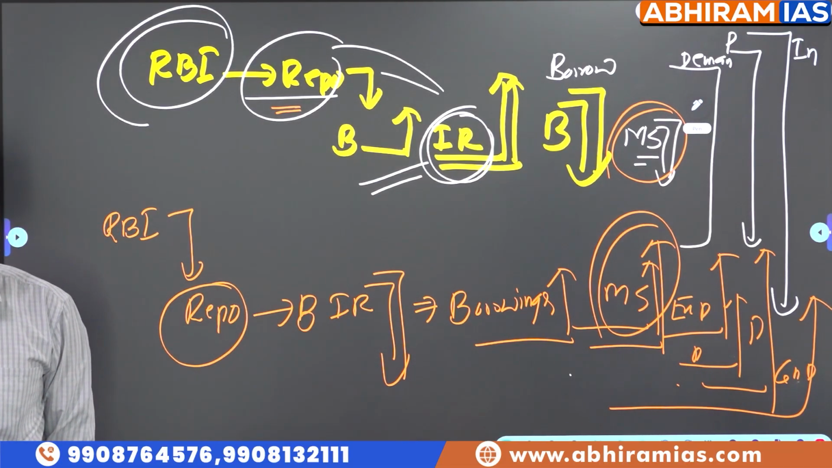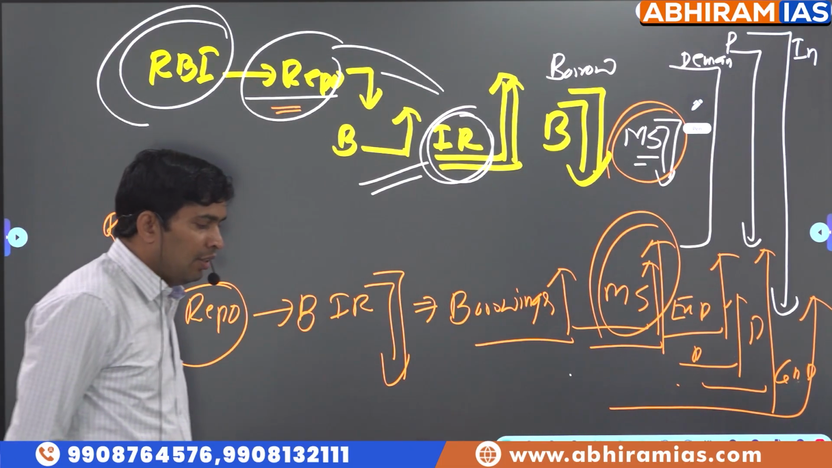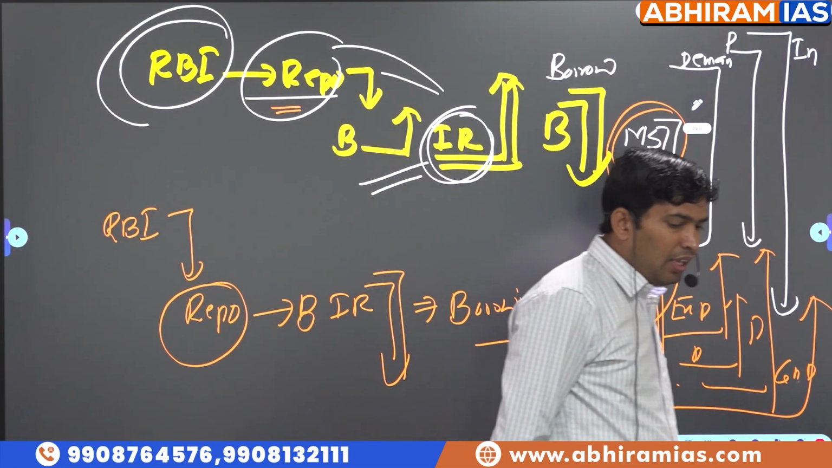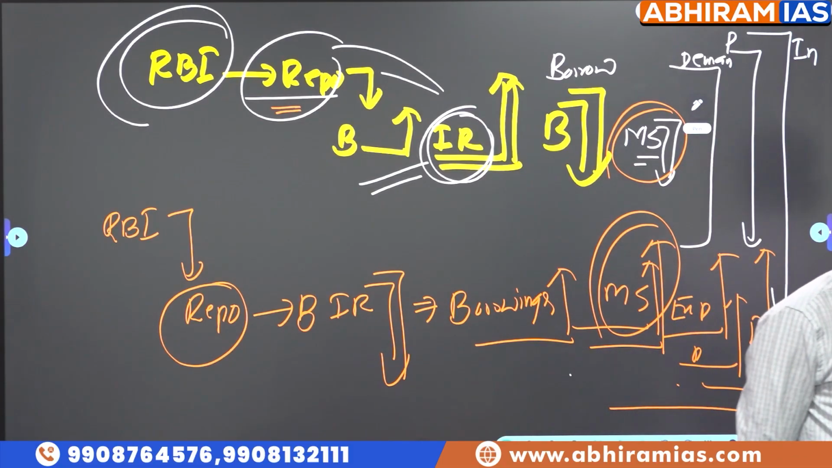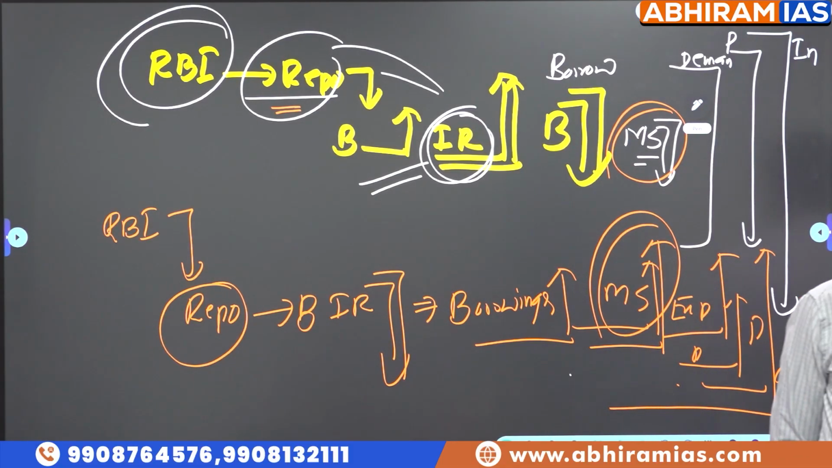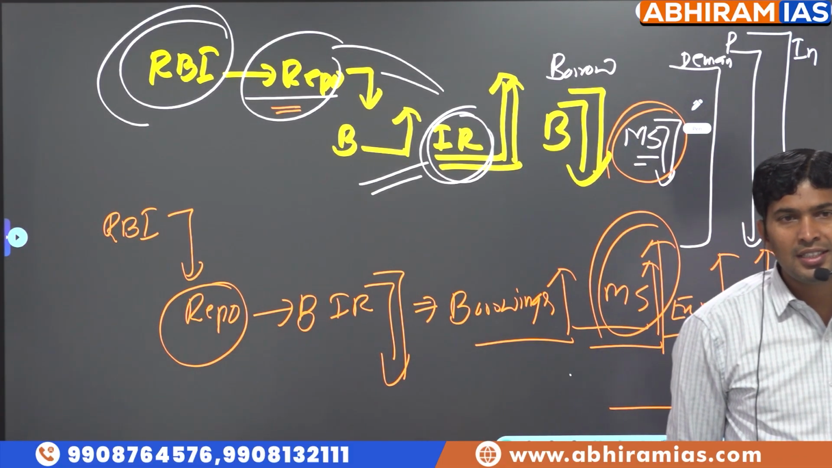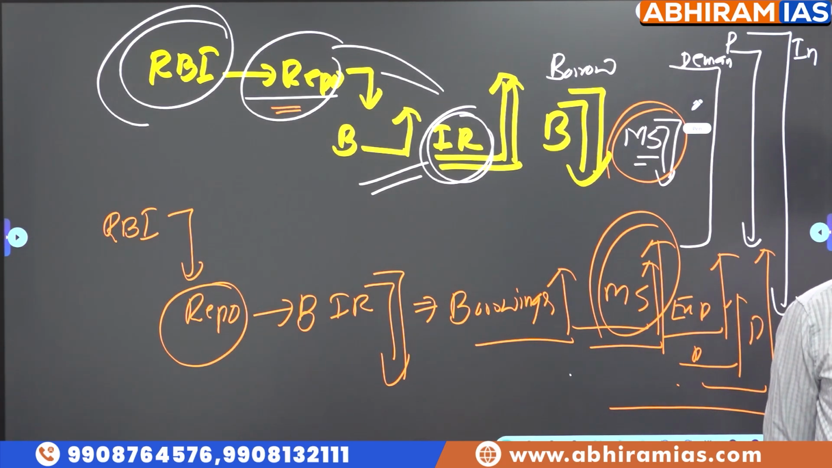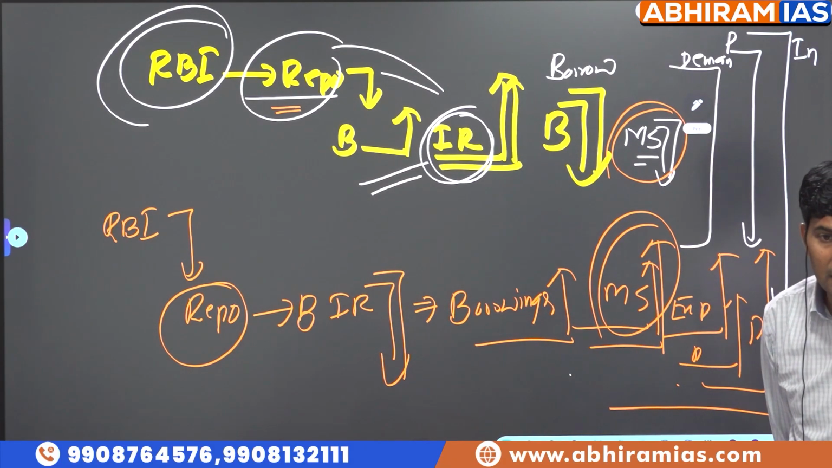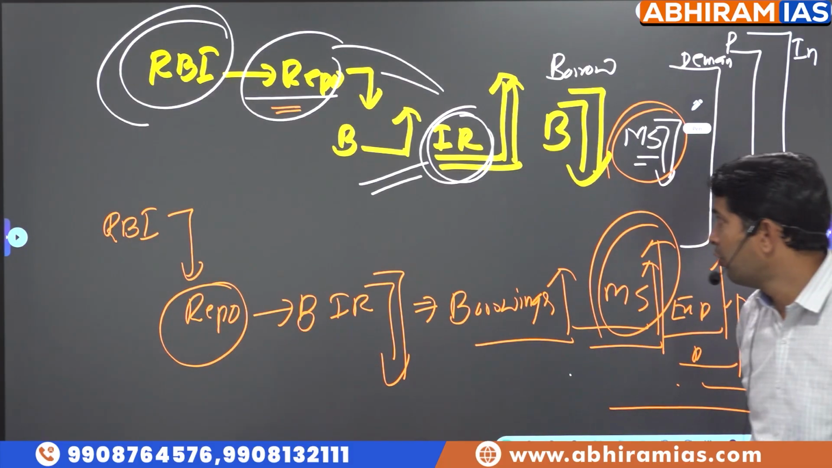Under quantitative tools, first one, repo rate. Sir, why does repo rate seem to be the more effective tool in adjusting money supply? Because it is directly influencing credit availability to the public. Credit availability means the funds available as loans. That is the reason why we are dependent on repo rate as an effective tool for adjusting money supply. So once you know this,